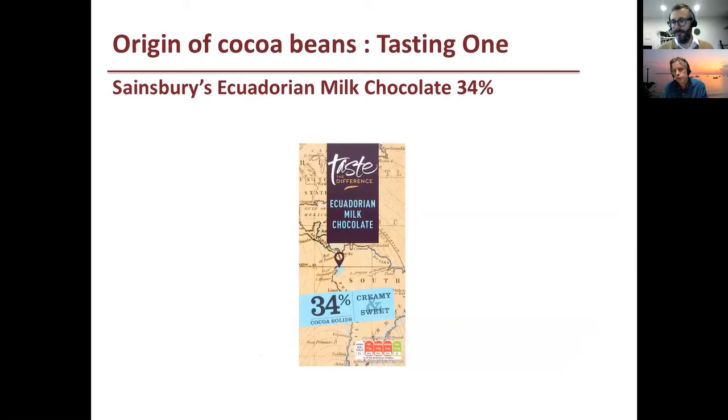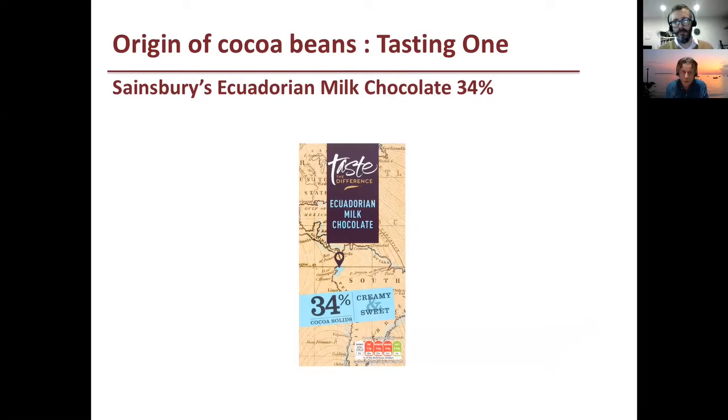So we're now moving on to the actual tasting. You'll notice that the bars we're looking at today are quite thin. So the profile of the bar is quite narrow, quite slim. That is done absolutely deliberately because slimmer bar profiles let the flavor out more easily. So that's one of the reasons that they're packed in cardboard, because if they were just packed in paper, they'd be too fragile and they'd break. So the slim bars always come in cardboard outers.